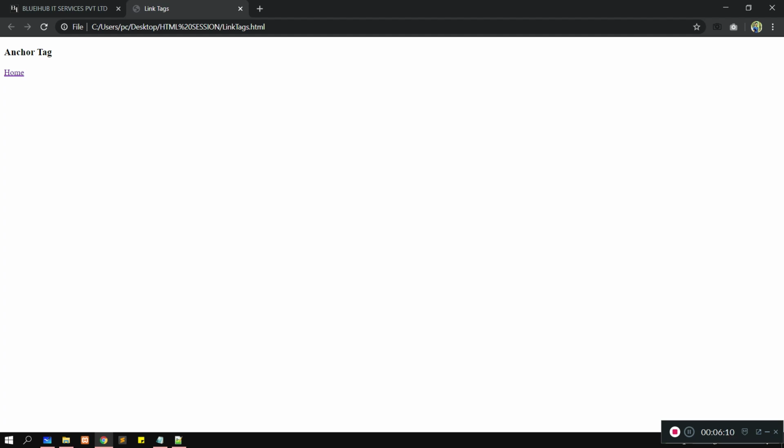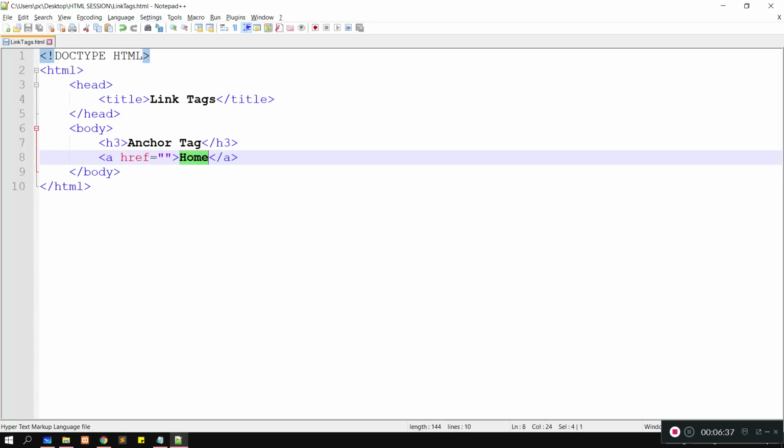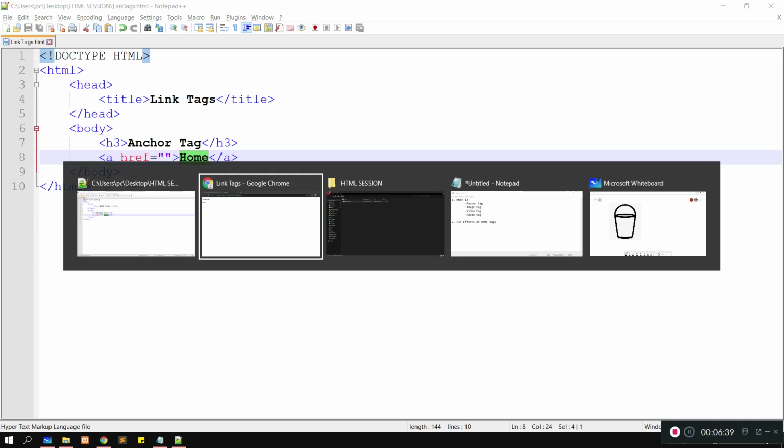It is showing that a link is there, and if you mouse hover on this, your mouse pointer will also change from an arrow to a palm, your hand. If you click on this, nothing is happening because we didn't give any path right now.